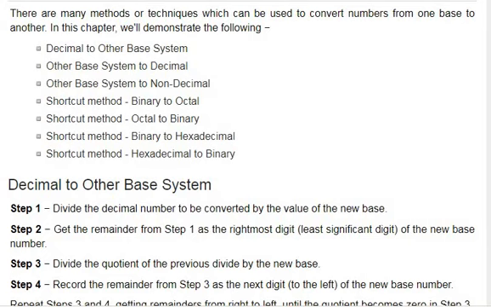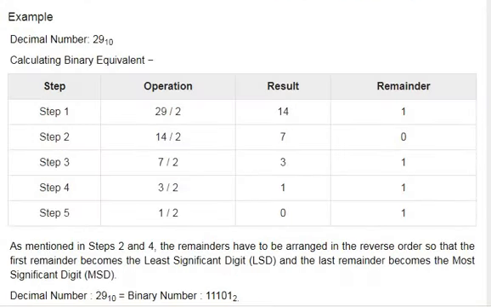So we have many techniques to convert numbers from one number system to another, decimal to octal, octal to decimal, and some other bases. If you want to convert decimal to any other base system, you divide the decimal number by the concerned base value and get the remainder, and divide the quotient again and keep on dividing until the number is not divisible by the concerned base. So look at this: 29 base 10, I want to convert into its binary equivalent.